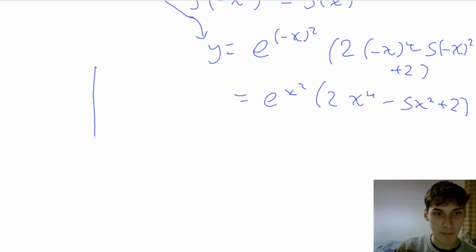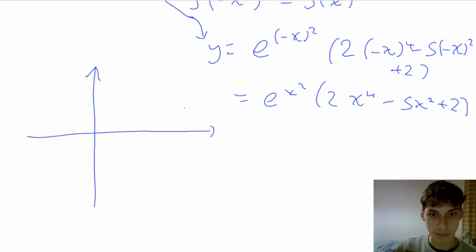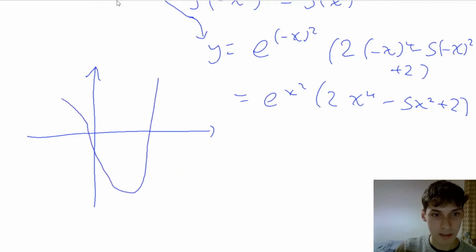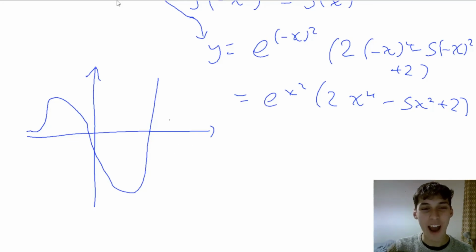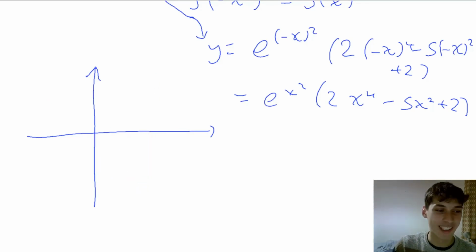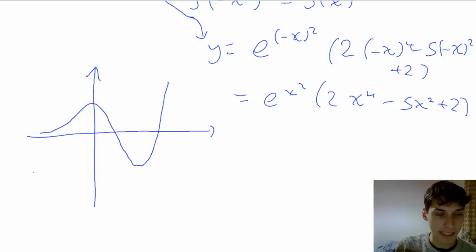So last time, I won't do anything too specific yet, we had something along the lines of this. Oh, whoops. Not the best graph I've drawn. And now we're replacing the x with an x squared, so we get something along the lines of... actually, I think I should probably redraw that first one now I think about it. So yeah, last time we had this, that's a bit better. And now we're replacing the x with an x squared. We'll have something like